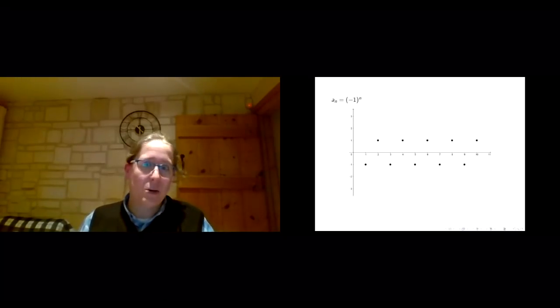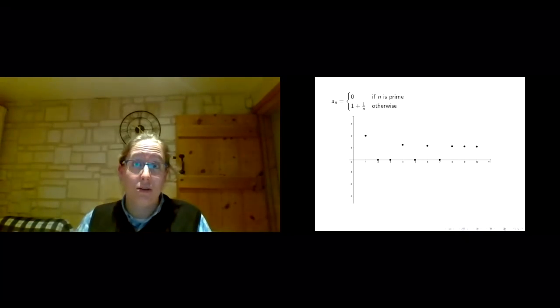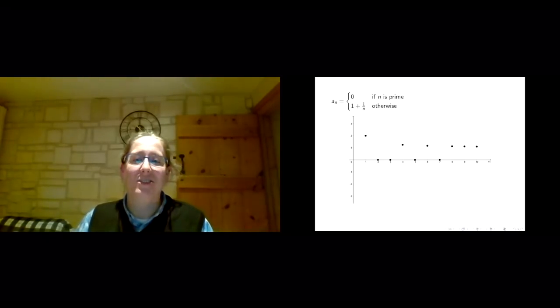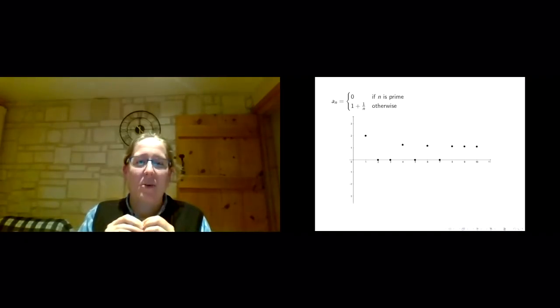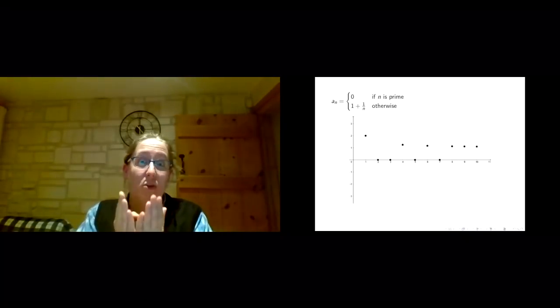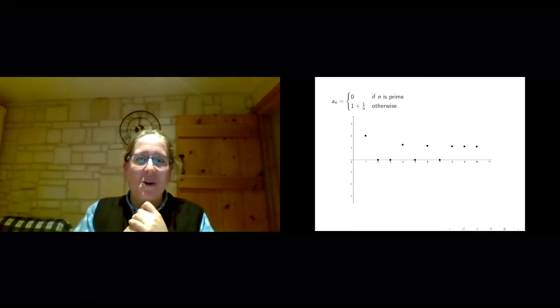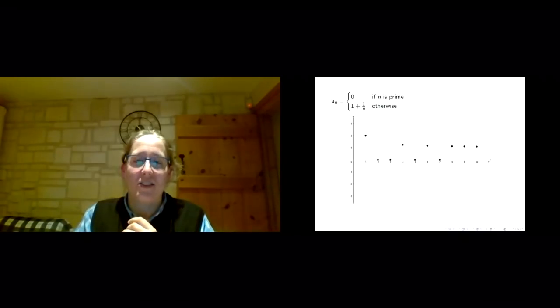So if I keep going with the examples that I had from the last video, we had a sequence where a_n is 0 if n is prime, and it's 1 + 1/n for other values of n. So this is defined via these two cases. This one looks a bit more complicated, but when I look at the way I've drawn it here, it stands out that we've got 0 at the points 2, 3, 5, and 7 along the horizontal axis. Those primes, we know the sequence is 0. And then away from that, at 1 we've got 2, at 4 we've got 5/4, at 6 we've got 1 plus a sixth, so 7/6, and so on.